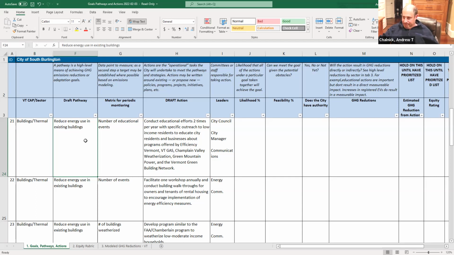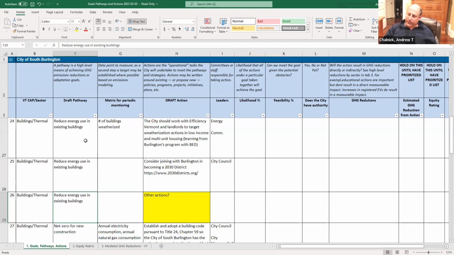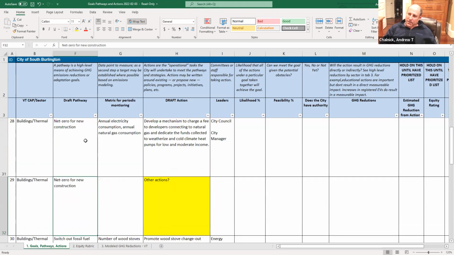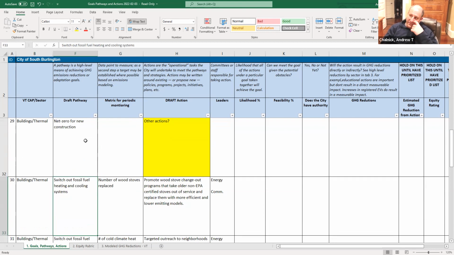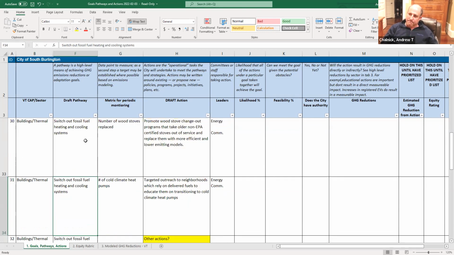Then on the switch out fossil fuel heating and cooling system pathway, I'd like to add, and again, this goes to feasibility, some kind of taxation mechanism, either that the city would phase in a tax on existing fossil fuel infrastructure, or give tax breaks for folks that have converted to non-fossil fuel infrastructure. That may be more palatable, but either of those have lots of obstacles, though in my mind those are